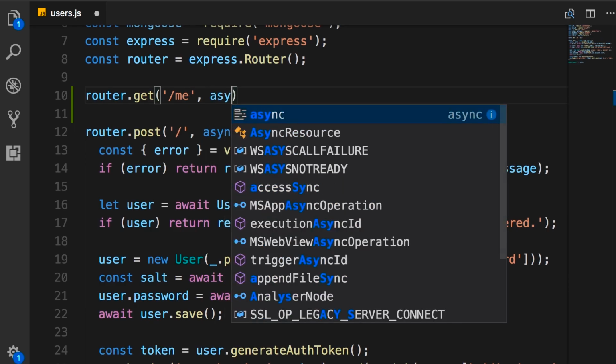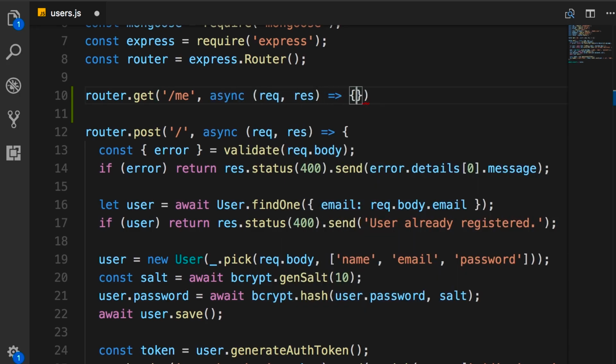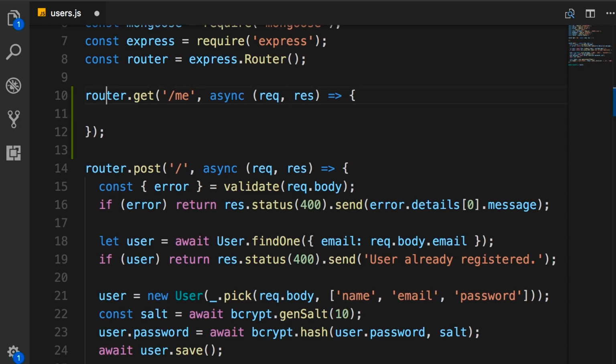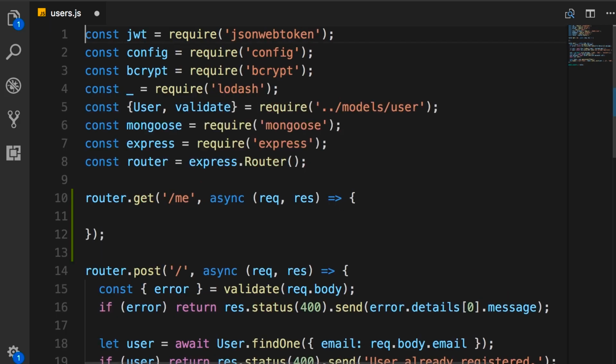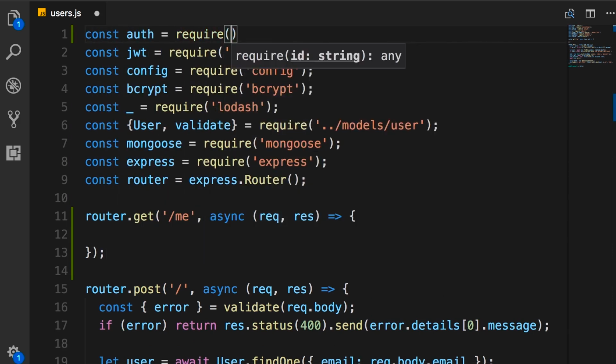Now let's add the route handler. Async request and response goes to this code block. Now, this API endpoint should only be available to authenticated users. So here we need to add our auth middleware. On the top, let's load auth from